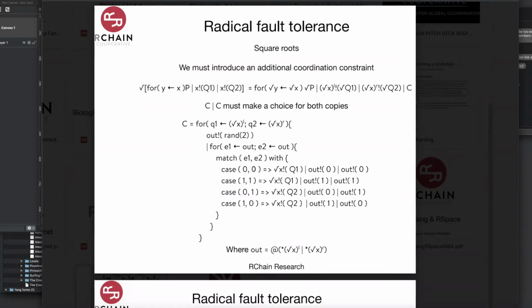So in the case of 0, 0, I get X. I'm outputting Q1 on X. So this thing is listening on X, and these things are outputting on X left and X right. So these things are gobbling up what should go to X and making a decision about what to hand over to this process, right? So on X, we'll do the Q1, and then we'll do out, out.